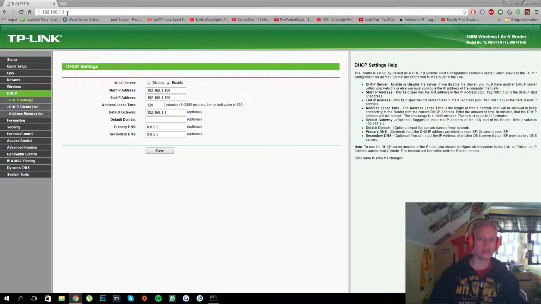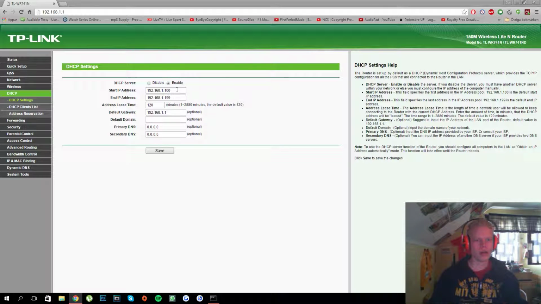If you do not know how to access your router settings, you basically just type your standard gateway into the address bar on any browser, and you can log in using, I think, admin on some routers. It depends on the router, but it should say underneath your router the standard gateway, and your standard username and password. And yeah, so I am at DHCP settings, and as you see here, it says start IP address 192.168.1.100